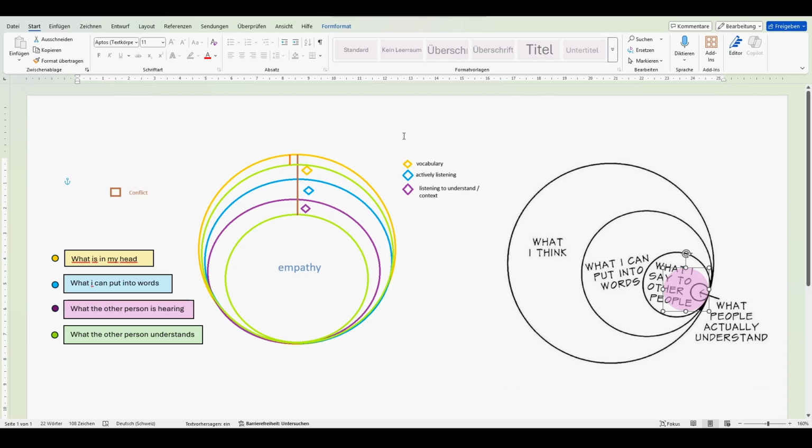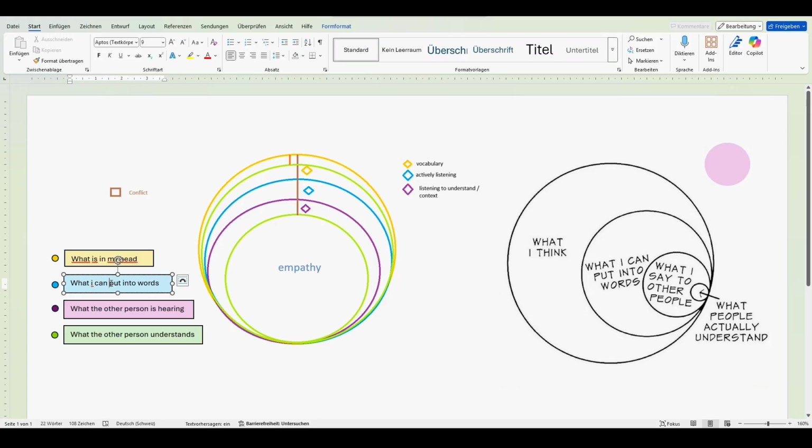Okay guys, so before the video continues, I just want to say something. I updated my drawing a bit, as you can see here on the left, and on the right you can see the original drawing. I actually found that after making the video. The difference is that in the original drawing, what I can put into words and what I say to other people is separate, whereas on my drawing it is on the same level, here on the second blue circle.